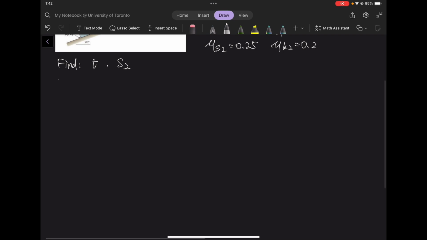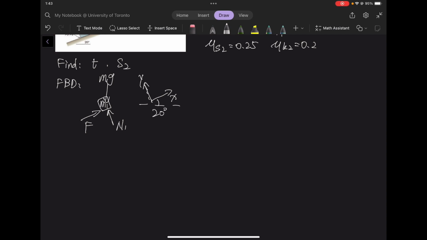We had better draw the free body diagram for m1 and m2. This is m1. It has the gravity and also the support from m2. We call it N1, and also the friction m2 applied on m1. We call it F. We set our coordinate system like this, and also for m2,